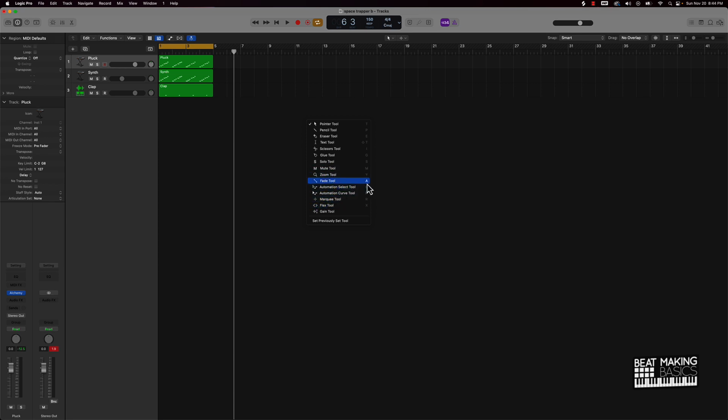I'm usually using this to get the fade tool or the pointer tool, but you could pretty much use any of these. Say if I wanted to pull the fade tool up, I can push T and then A, and now I have the fade tool ready to go. You can't see that because these are actual MIDI files and not audio. But if I push T again, as you can see, because I pushed TA, it immediately selected the fade